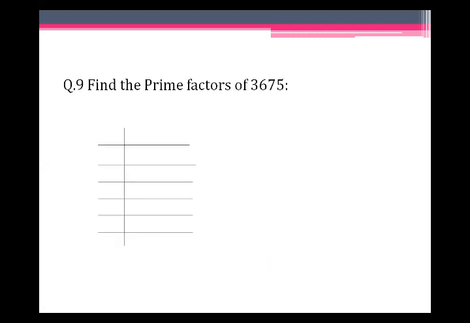Okay students, here we move towards the next question from the same exercise. Find the prime factors of 3675. Here we start a solution. Okay, this number is firstly divided by 3. So we get 3 1s are 3, 3 2s are 6, 3 2s are 6 again. From the 7, 1 is carry over 5. It becomes 15. So here 3 5s are 15.